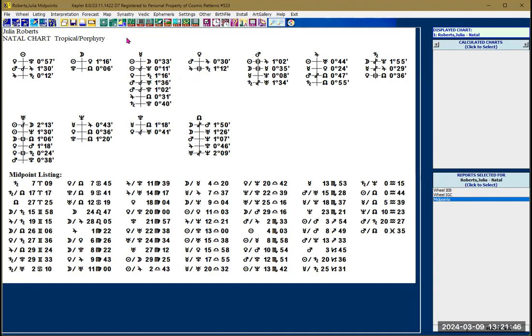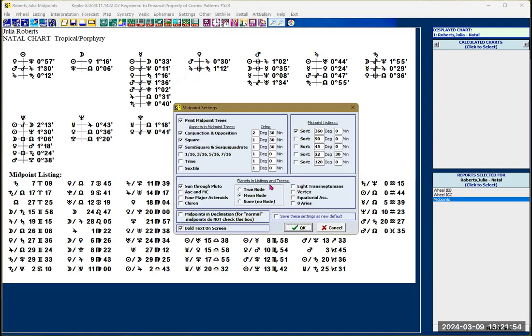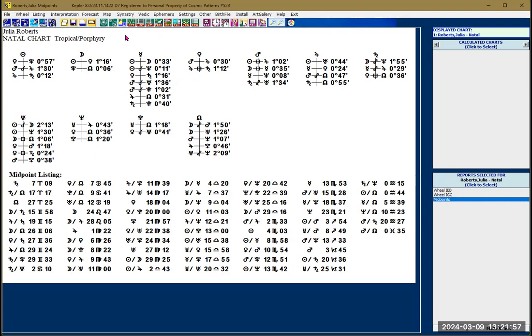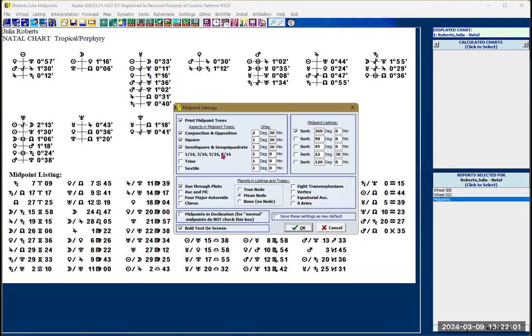You can either click on this again and then go to the next one, or you can just right click and it will take you to the same option as if you click in here and click on settings. Okay, with the midpoints, usually what you want to use are the conjunctions and the square, or just the conjunctions. I like to use the square as well, so I will keep the square in here,